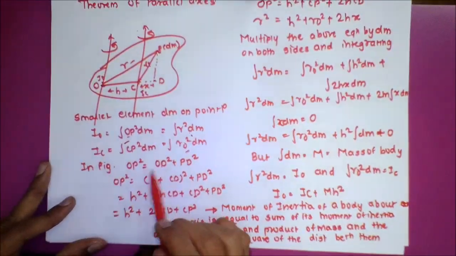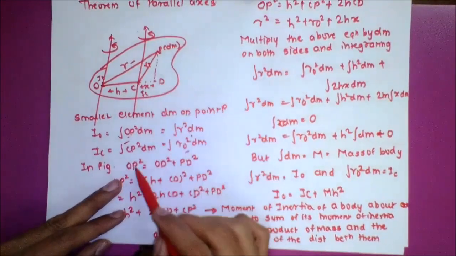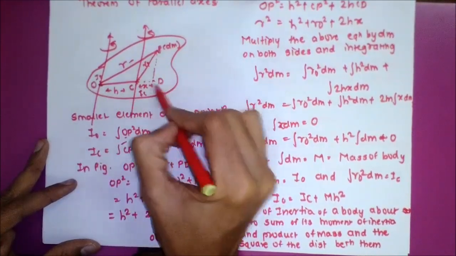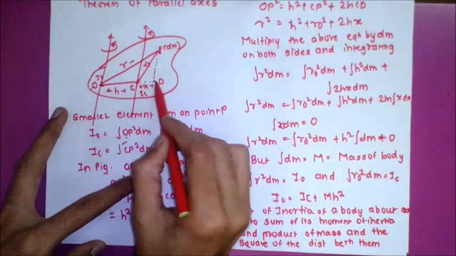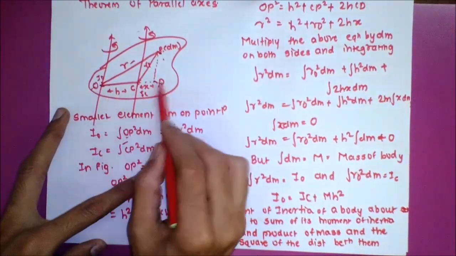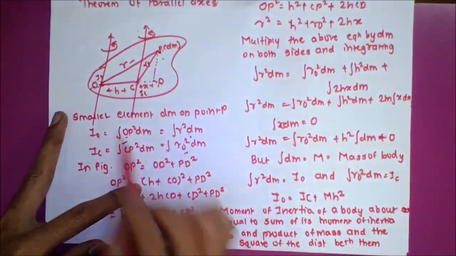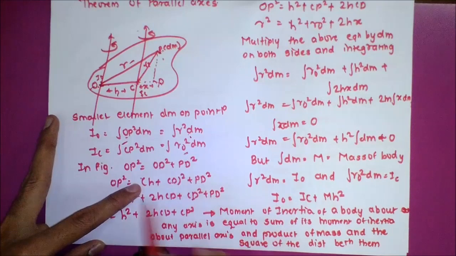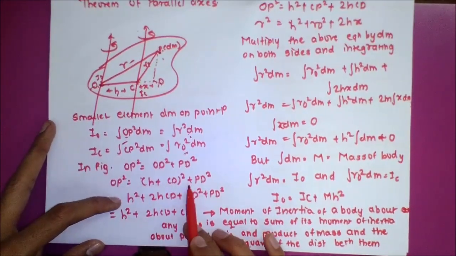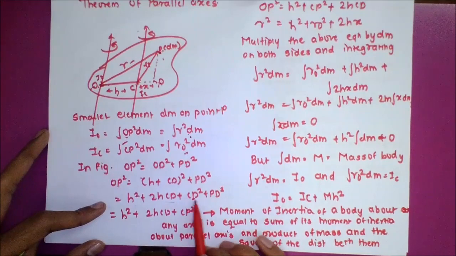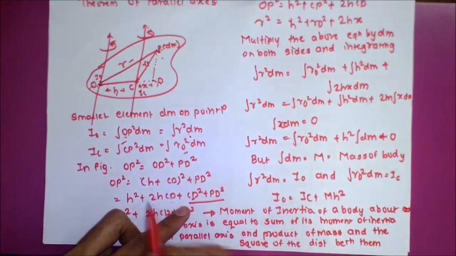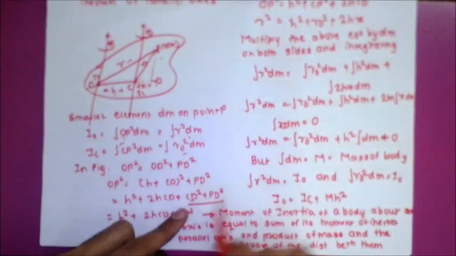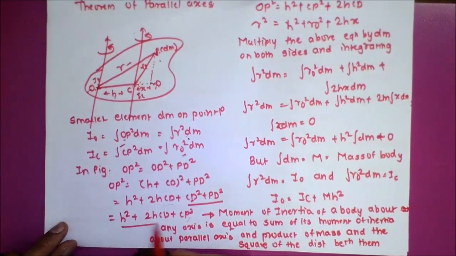Okay, so in the diagram, in this triangle we apply the law of Pythagoras. So we have OP square, which is equal to OD square plus PD square. OD square is equal to OC square plus CD square. So we have OC square plus CD square, where OC is h, plus PD square. So we apply the (a plus b) whole square formula. So h square plus 2hCD plus CD square plus PD square. Now CD square plus PD square is equal to CP square, again by the Pythagoras theorem. So this is the final equation we are getting.